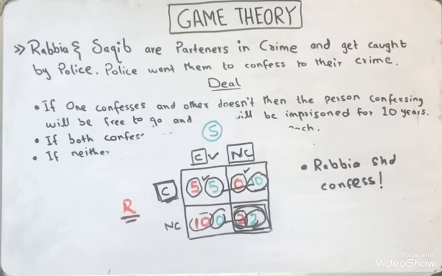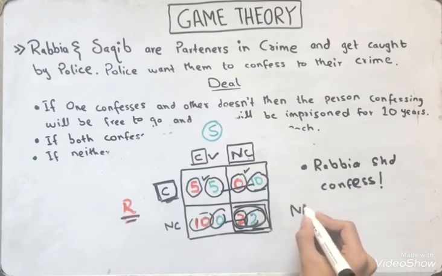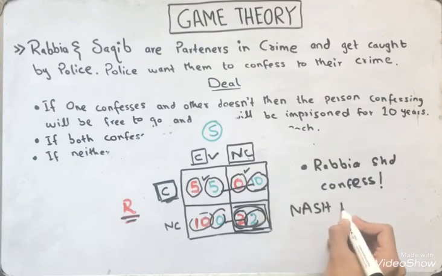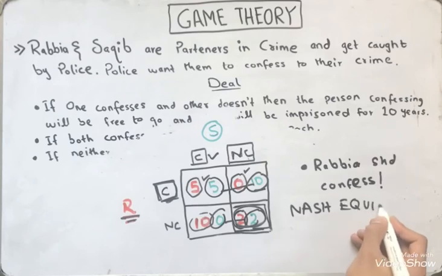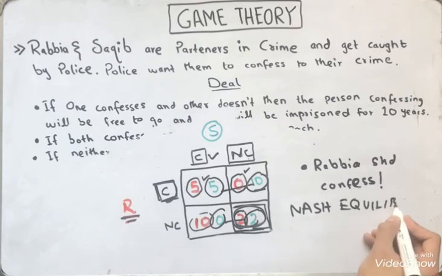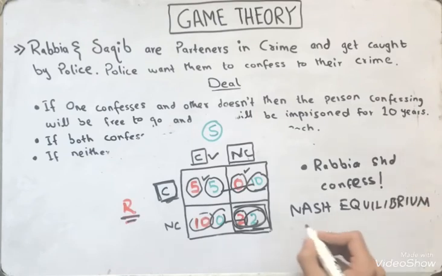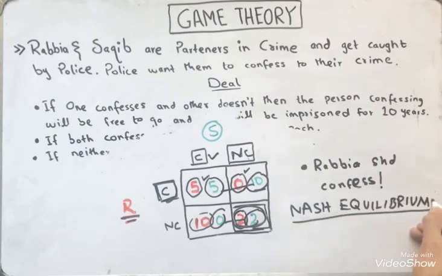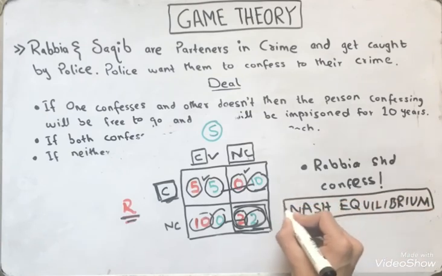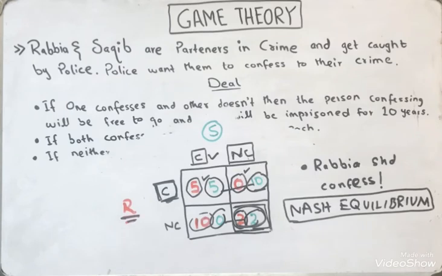So the purpose of the whole example and working the mathematics behind it was just to achieve a conclusion, and more importantly understand the concept of Nash equilibrium. Equilibrium. I hope I wrote the spellings right. So Nash equilibrium is the key concept that forms the basis of game theory,